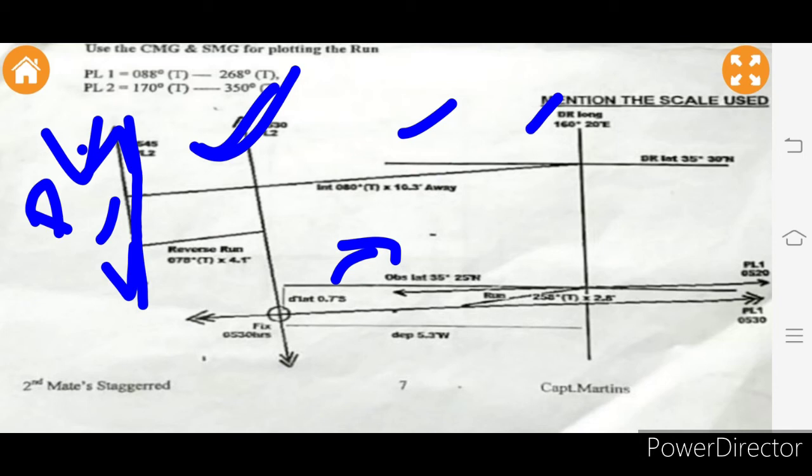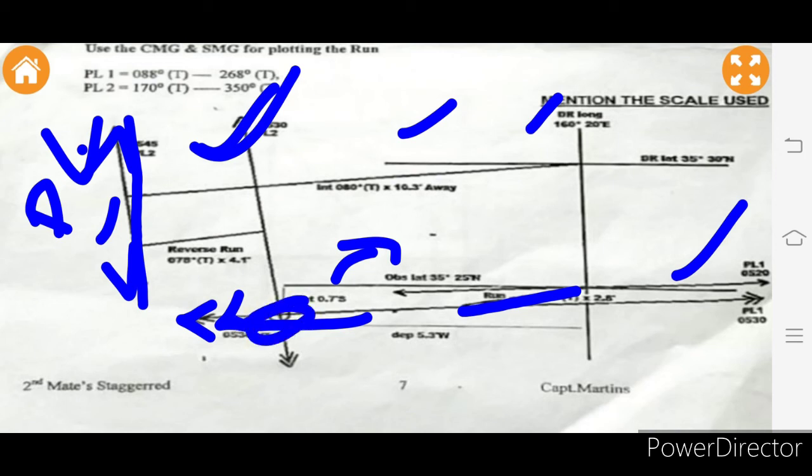Now, as per the question, I will plot the azimuth 358, and for that I get one PL, that is for 0520. From there I will apply the run, which will obviously move forward, because I have to go to 0530. Normally I apply the run and get another PL at 0530. Where these two PLs intersect, this is my position, and I will calculate the departure and DLat from here and do the further calculation.